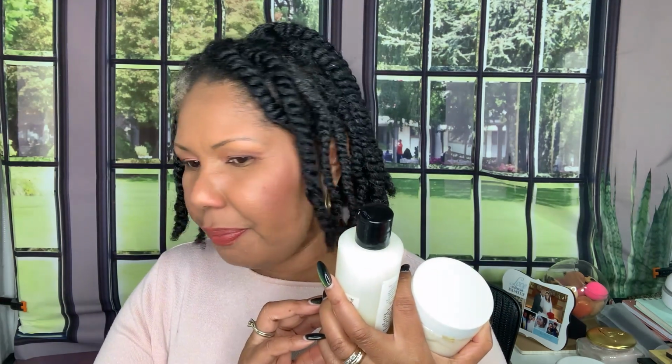It's from Anthropologie, I think it's called. No, is it Anthropologie? I don't remember the name. No, it's not Anthropologie. Oh Lord. I don't remember the name, but I will talk about it in my empties. But I like it. But anyhow, I've been pairing this creamy oil with my body lotion, my body creams, even the